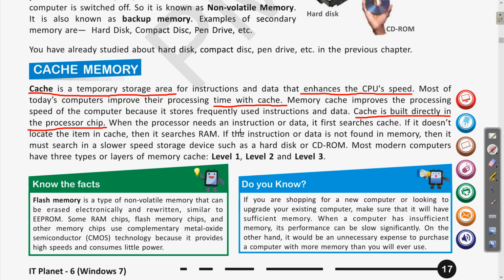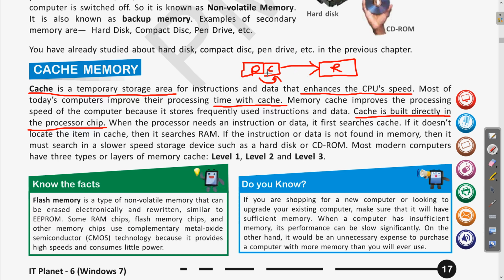So here we can see that suppose this is the processor, and the processor has the cache along with it. The first function of the processor is to search the thing in the cache memory. And if the data is not found in the cache memory, then it will go to the RAM. So you can see here that to transfer the data from the RAM, it will even take some time.